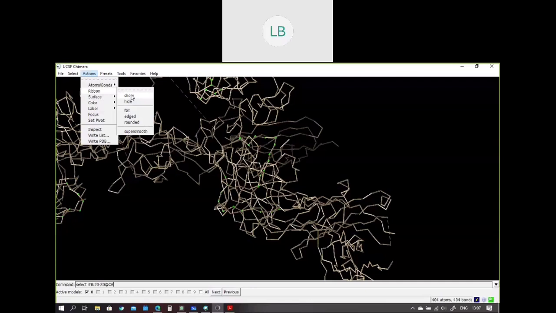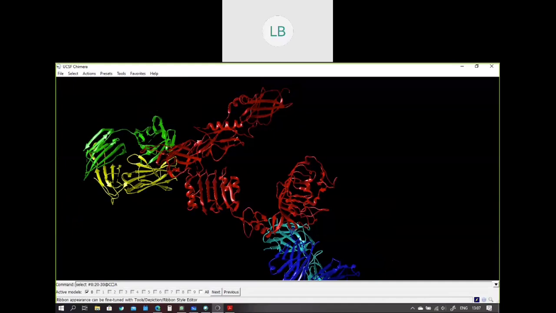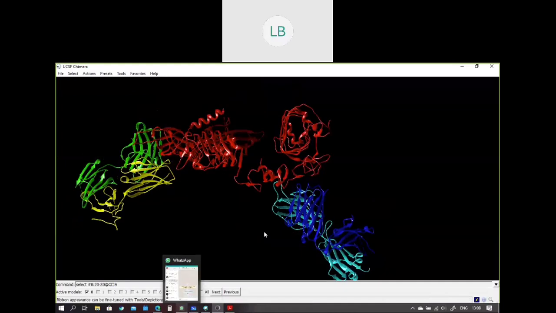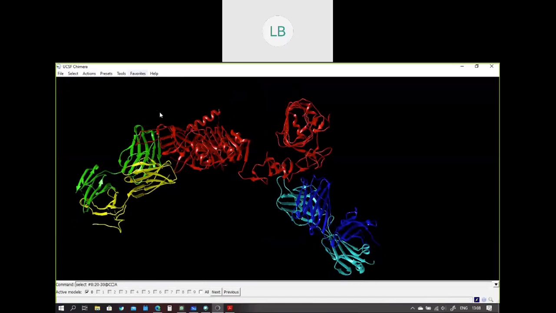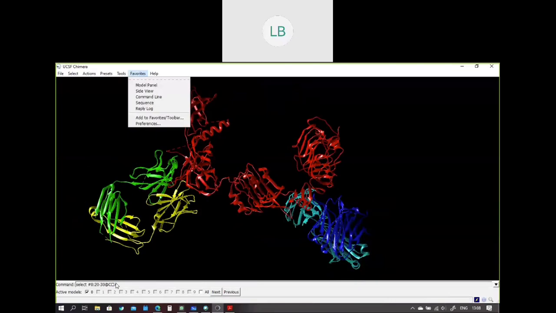Is it clear now? Yeah, but I'm not able to see the command line in my installed program. Okay, so you have installed it on Mac? To open the command line in Mac, first you need to go to favorites. Just go to the option called favorites. There's command line. Yeah, now I got it. The thing with Chimera is by default it doesn't show the command line, but we need to toggle the command line. Exactly. Okay, thank you, Divya and Rajas.